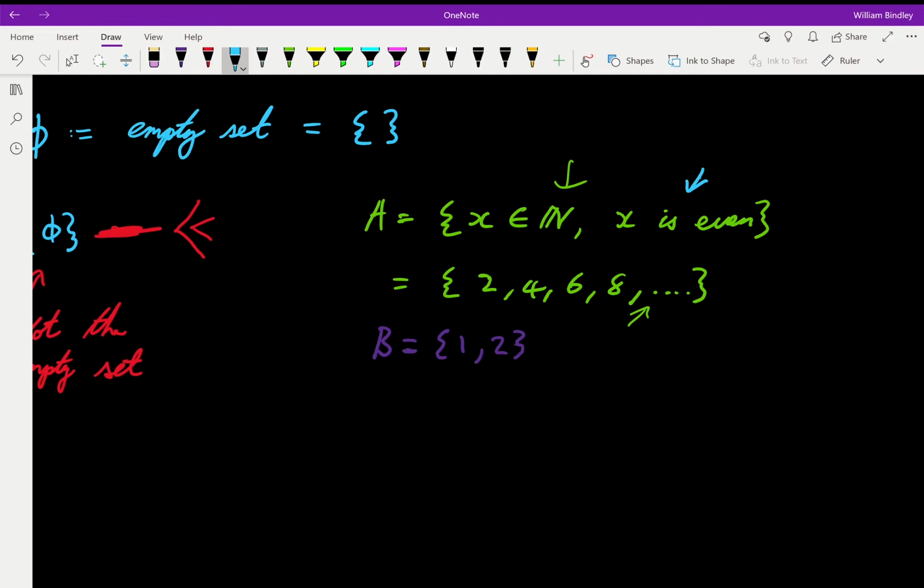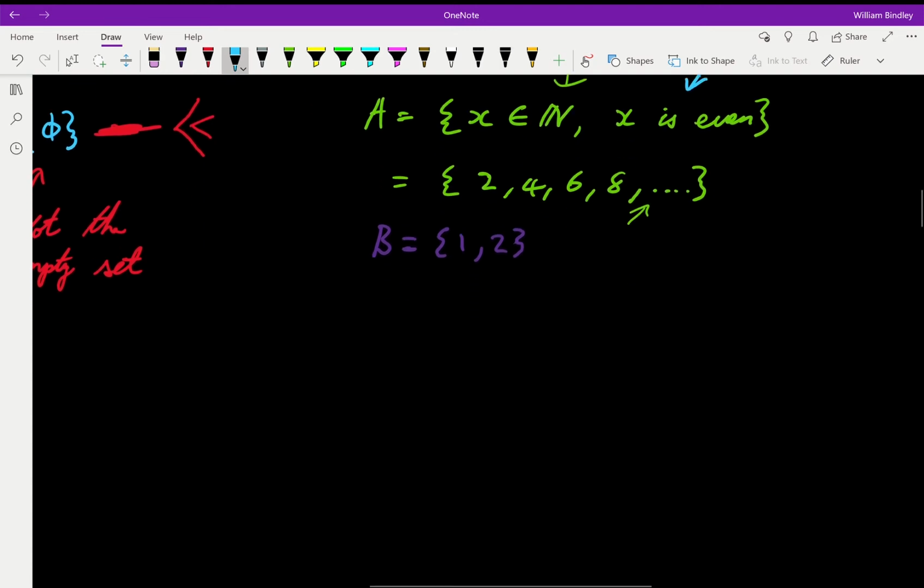Okay, to join a motorcycle club, you probably have to own a motorcycle. So there's some conditions for getting into sets when you define them in terms of a common property shared between the elements of the set. Okay, well,